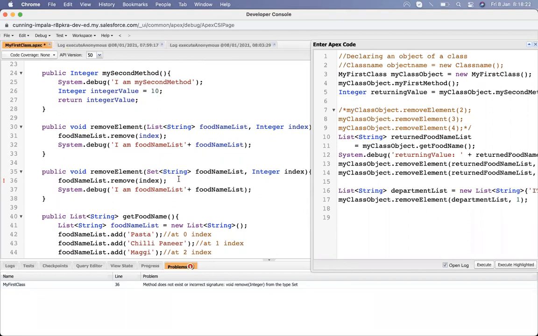Sorry, and it's a string type. So instead of doing that, I need to declare something that is common. Let's do a map instead.